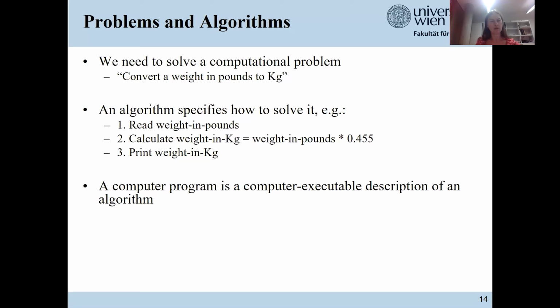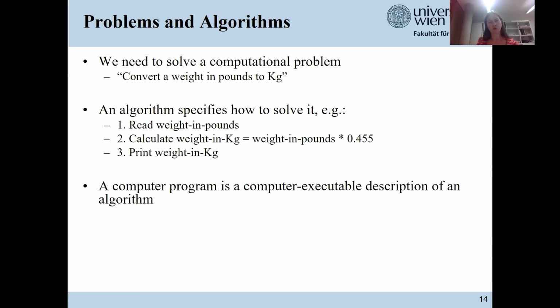An algorithm for this problem is a procedure that explains how we can solve it. First we need to read in the weight in pounds. Second, we calculate the weight in kilograms by the formula: weight in kilograms equals weight in pounds multiplied by 0.45. And finally, as a third step, we print out the weight in kilograms.